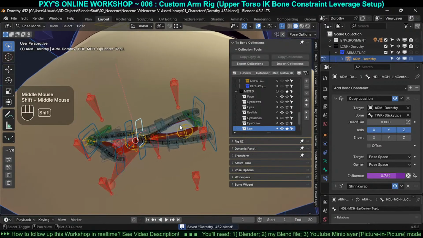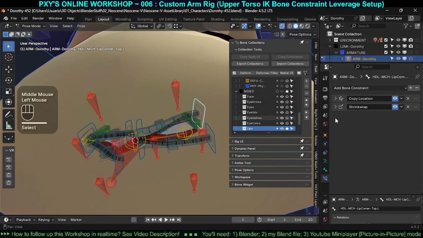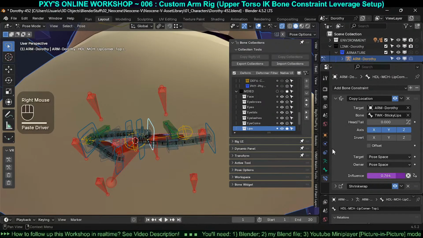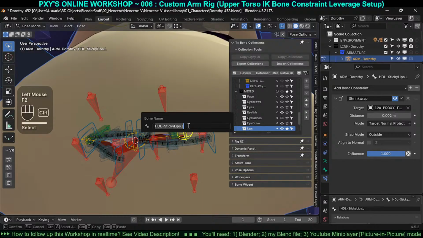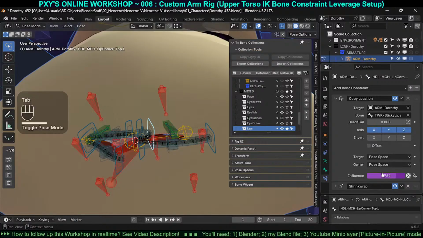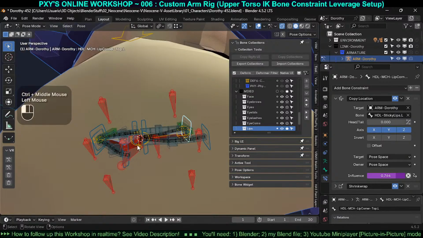But we'll see. Now we're gonna get these ones and we're gonna paste driver, but we're gonna use this target. So what it does now is that